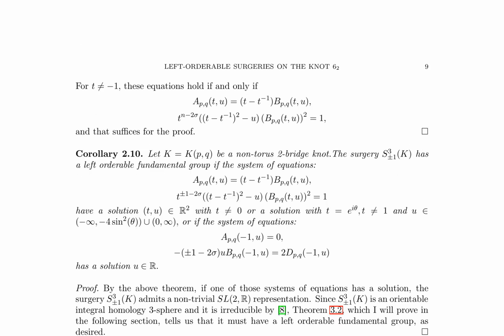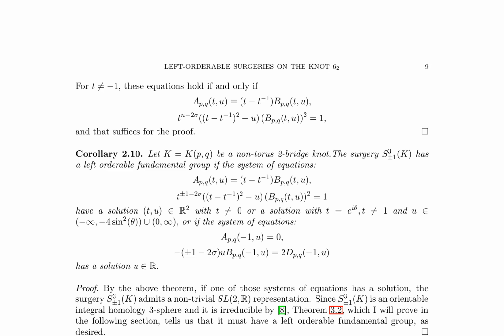Here is a combined summary of pages 9 and 10 of the research paper. The authors investigate left-orderable surgeries on two-bridge knots, focusing on the fundamental group of the resulting three-manifold. They establish a corollary, 2.10, stating that for a non-torus two-bridge knot K, the surgery S^3_{±1}(K)